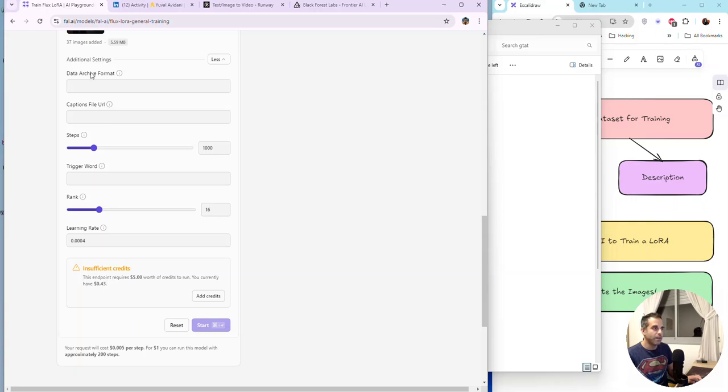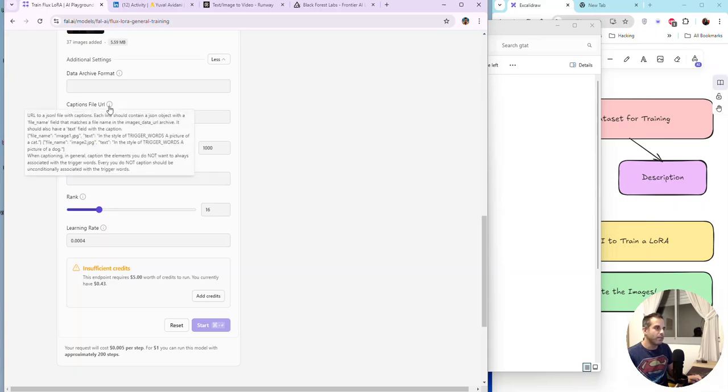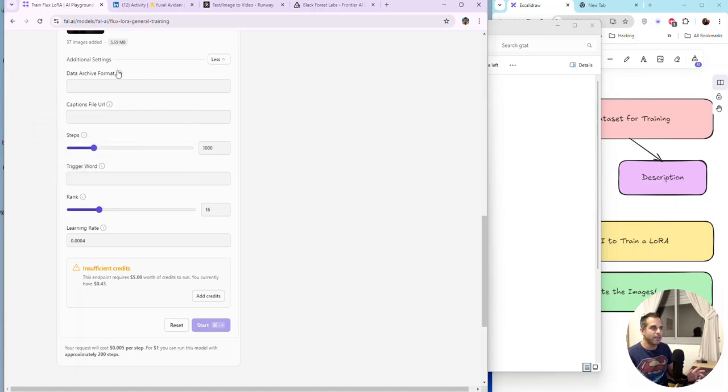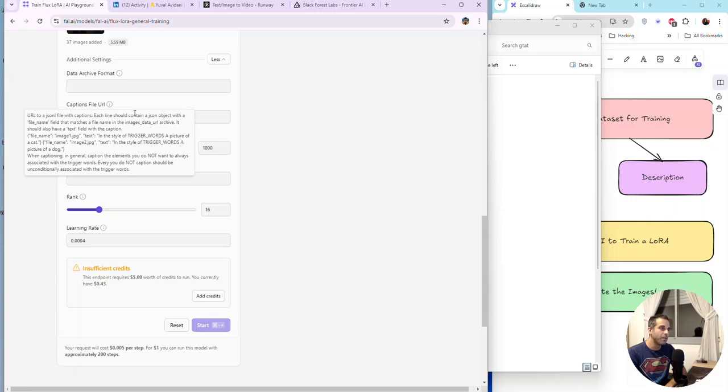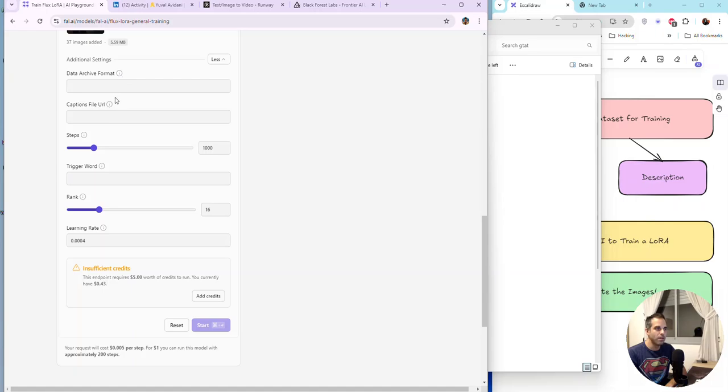So we have data archive format. We don't care about this. What we do care about is the caption file, the trigger word, I'm sorry. So we can define some settings in here, and even if you click on the small information icon, you can see the provided information about whether or not you should do something in here. Okay, we don't need to use this, actually, and we're going to stick to the defaults,